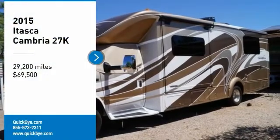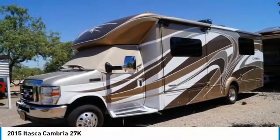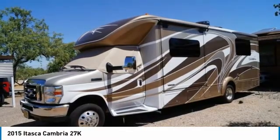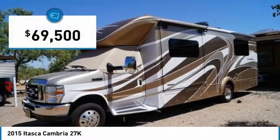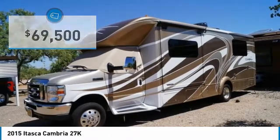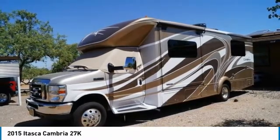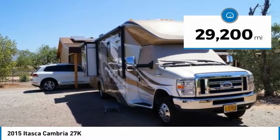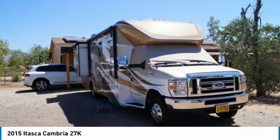2015 Itasca Cambria 27K for sale in Tucson, Arizona. This 2015 Itasca Cambria 27K is ready to make your traveling dreams come true. It is powered by a strong Triton V10 engine mated with a 5-speed automatic transmission. It features a charming layout design that is 29.33 feet in length and has a backup camera, factory cruise control,